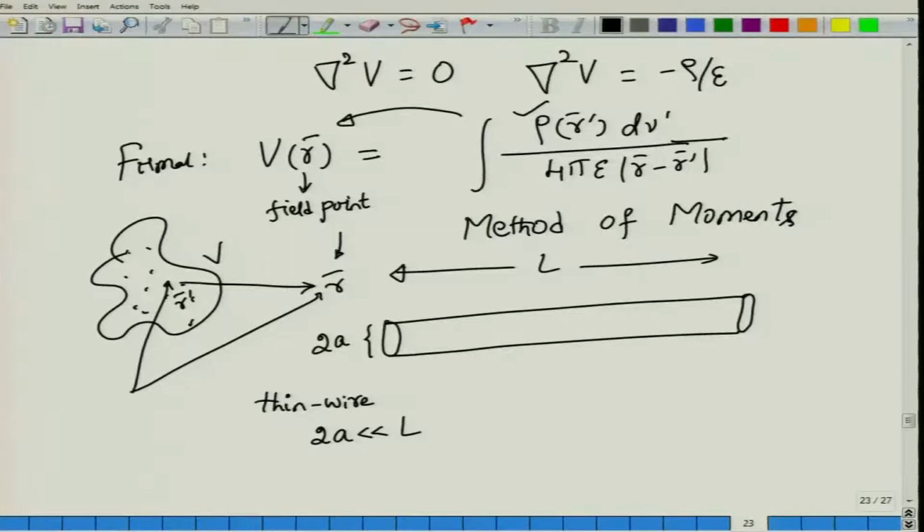Let us say there is some unknown charge distribution. You do not know what the charge distribution here is. That is what you are trying to calculate. We also let this wire lie on the x axis. So the wire is lying on the x axis, and the other axis is the y axis. For now, this is the two-dimensional picture that I can show you.